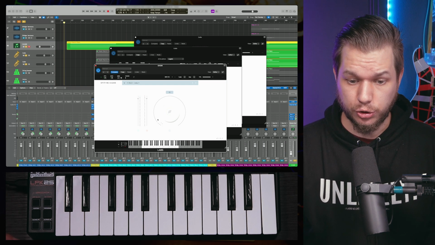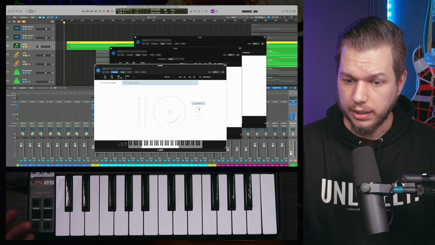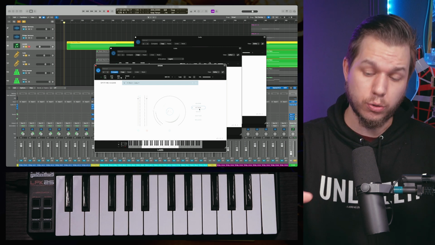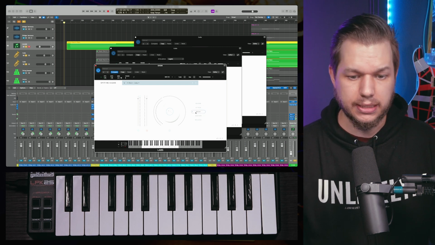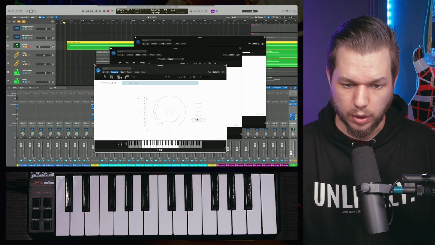There's reverb that you can add if you so desire. There's attack, like how quickly the choir comes in, decay, sustain, all these cool kind of things.